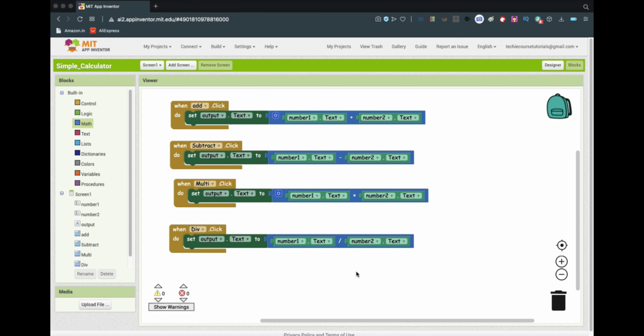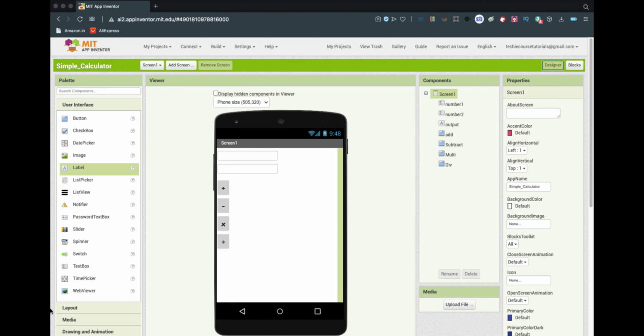So everyone knows one thing, that a number cannot be divided by 0. So if a number is divided by 0, then we should tell the user that you can't divide a number by 0. So how do we do that? How do you tell the user that? You can put a label and display it, but a better way to do it is to just go to the designer part now, and you can see something called Notifier. So just get the notifier and put it here.